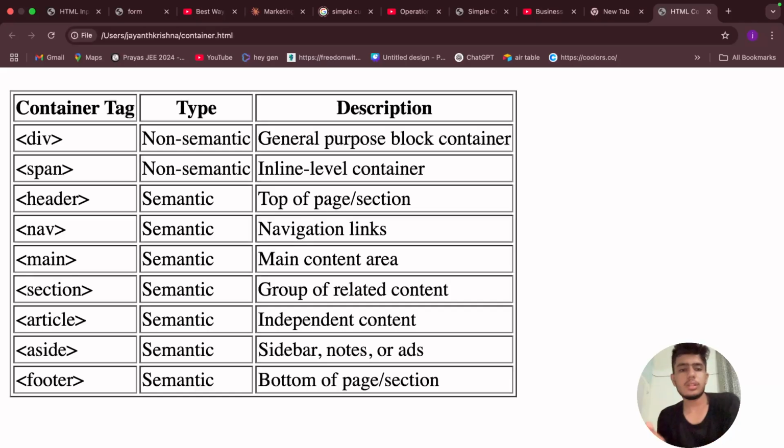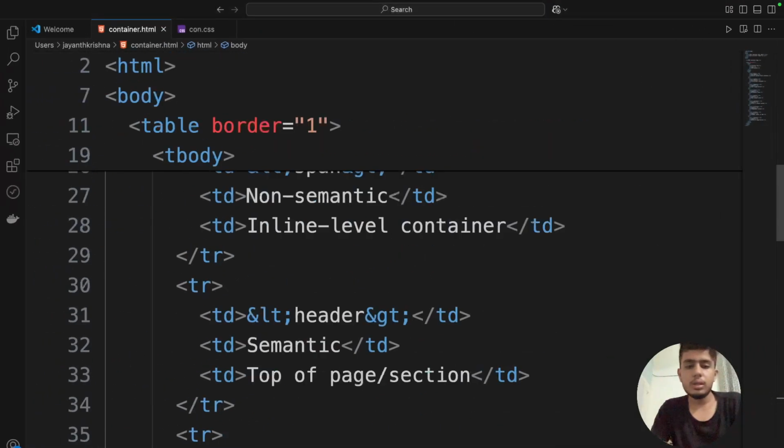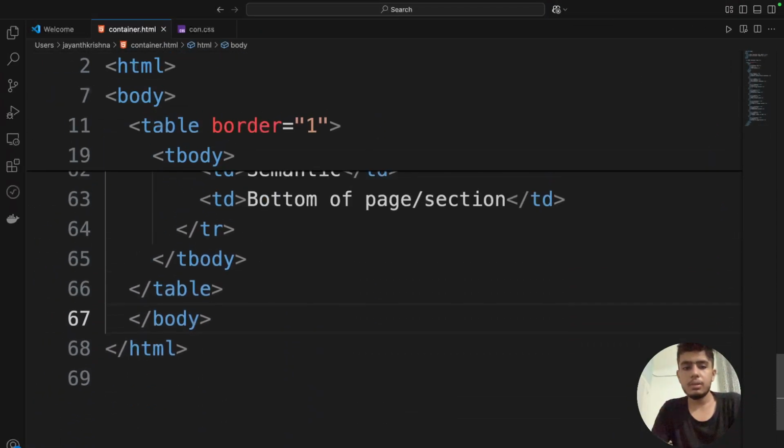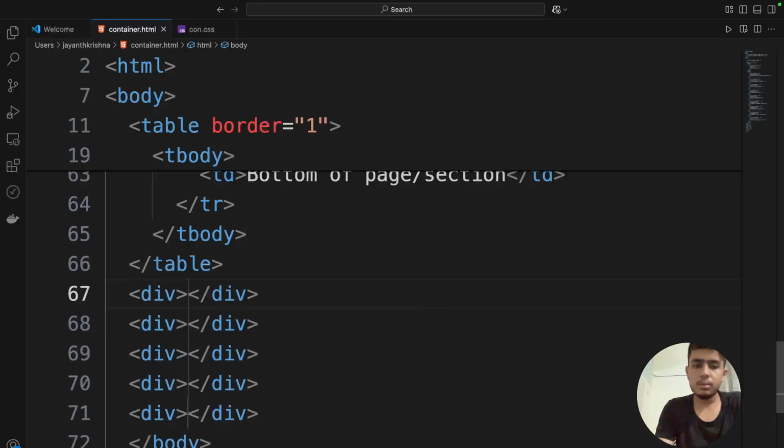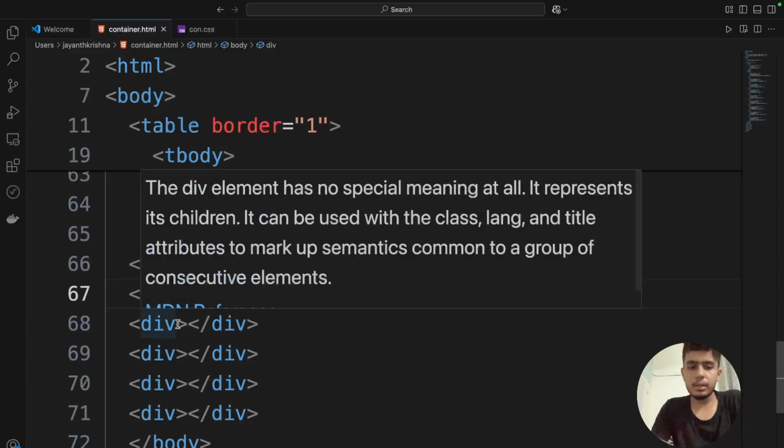I have told you this so that we can talk about the div container. So let's create a div first. Now we got a div over here. Now in the div, let's create